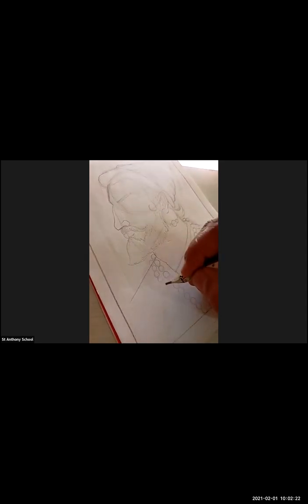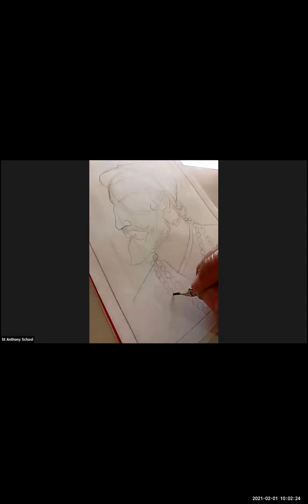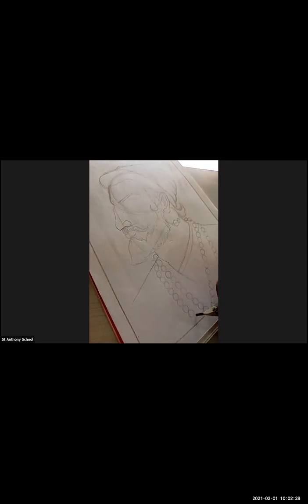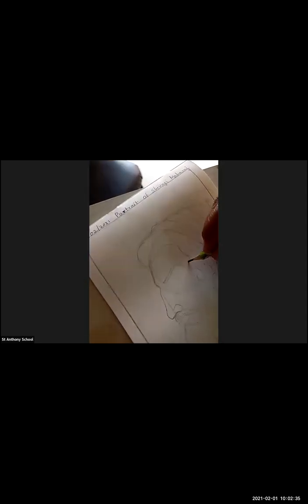This way we are going to draw the jewelries, and you have to make it the size of the proper drawing book. Okay, you have to make the proper drawing book size. So just look at this. This is how I have done it. Start